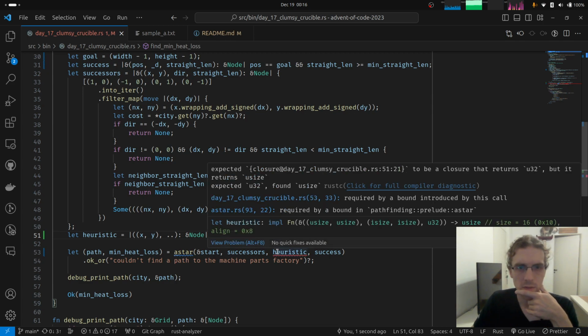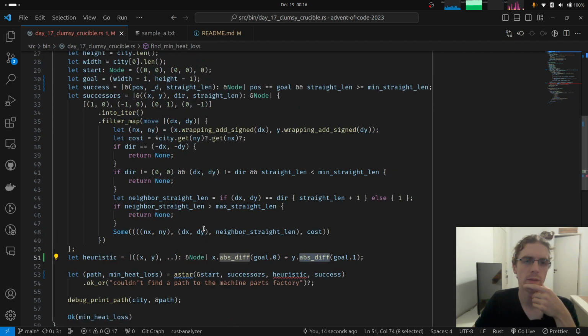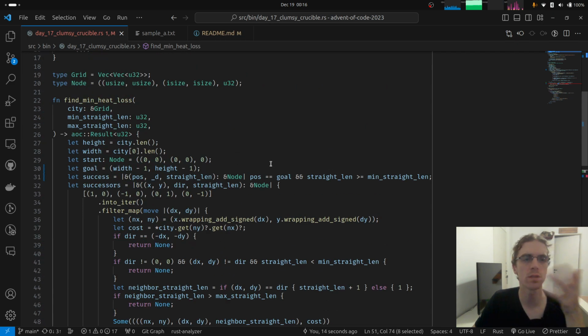And this is not a valid heuristic because it's returning usize, and we want our cost to be u32. Is there a good reason to use u32?